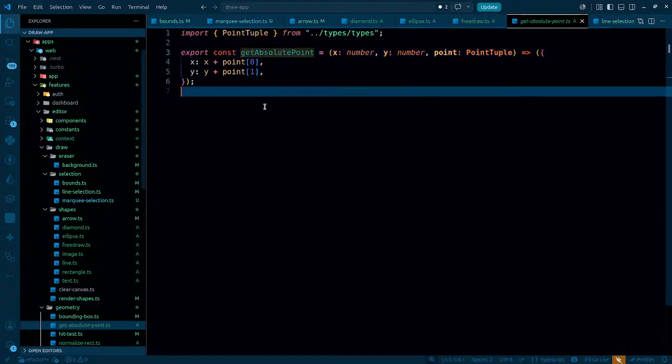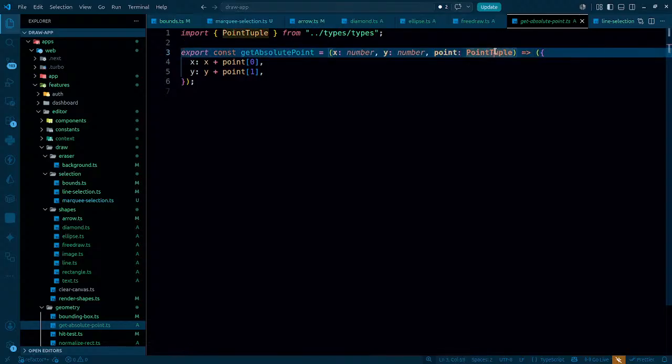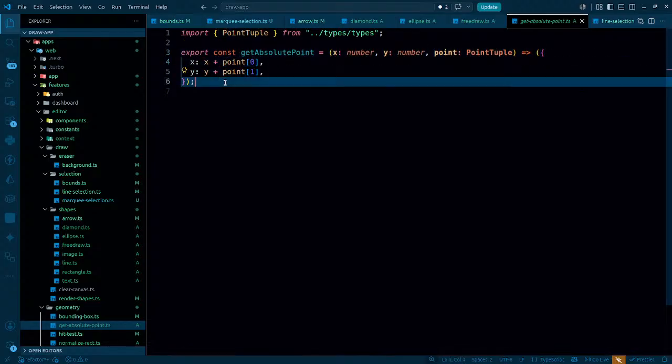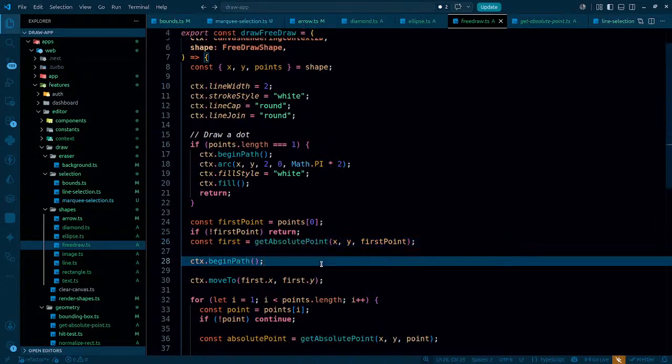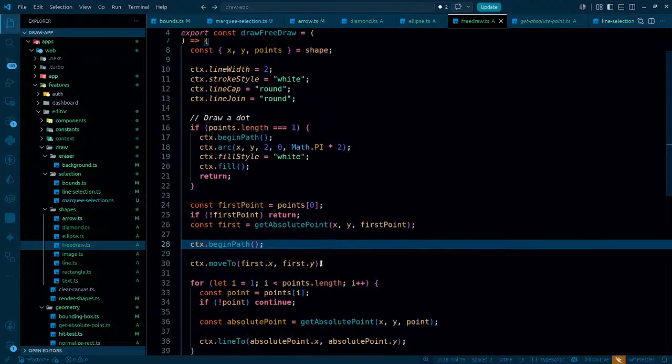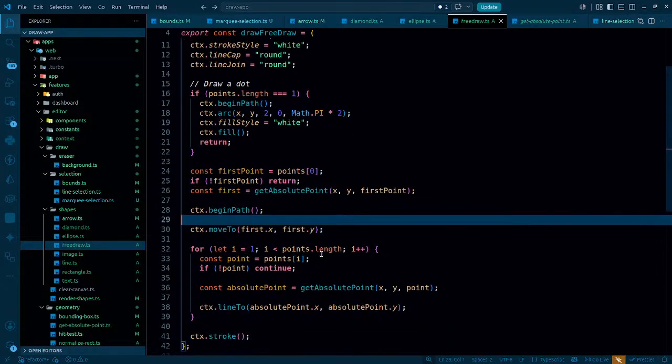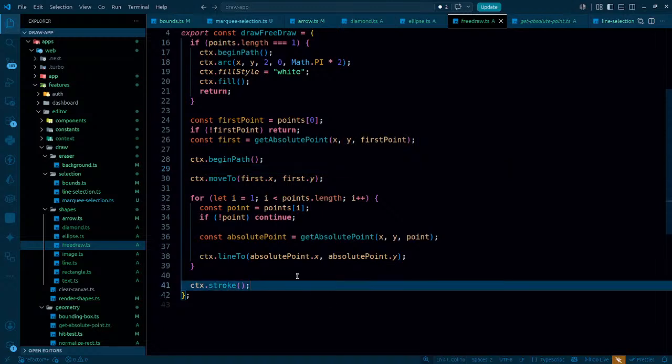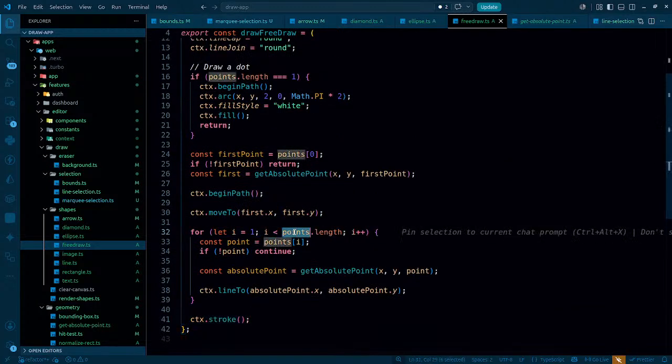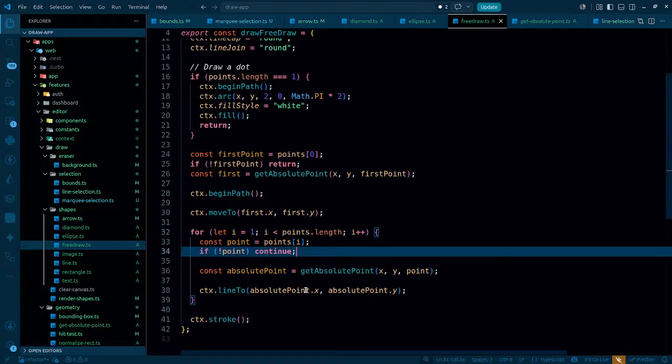So that's what we are doing over here. We are passing x, we are passing y, and we are passing the point. That particular point needs to be added to the x and y, and then we get absolute points. Again, that's completely up to you whether you go this way or not. I went this way, and there are some benefits of having it, and Excalidraw does the same. So I just chose this way. Apart from this, nothing else. We have a lot of points. Just draw the line from one point to another, and another. This way, as you keep drawing a lot of lines, they are going to look like